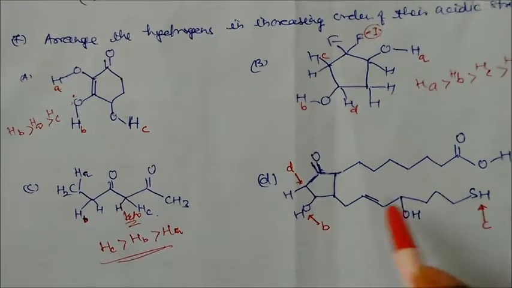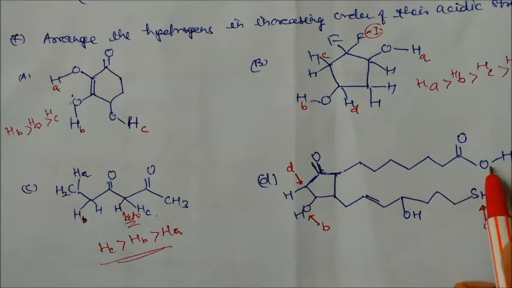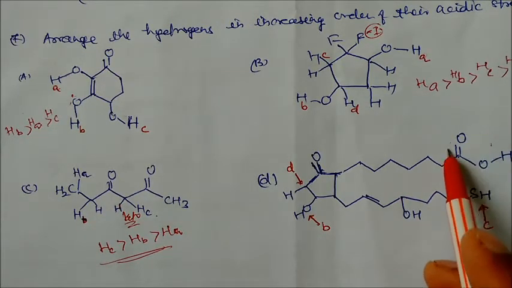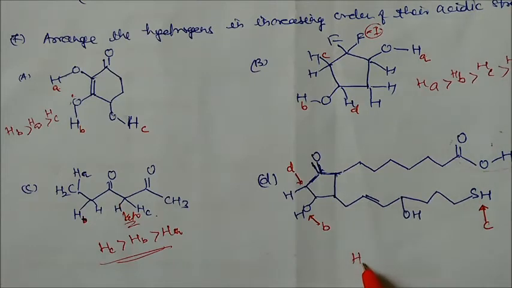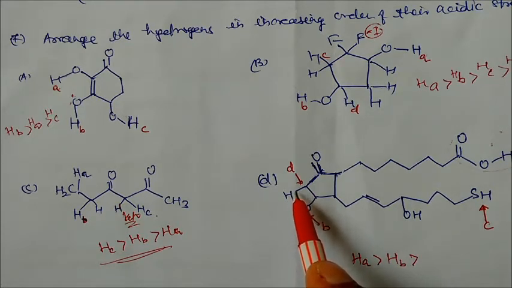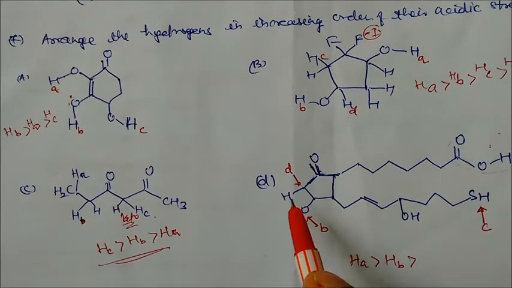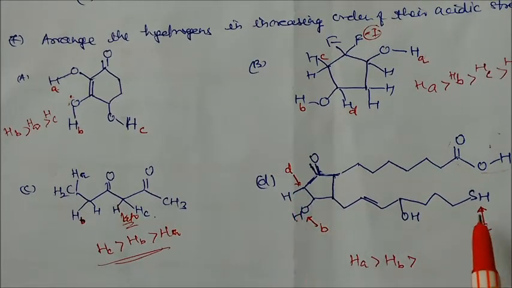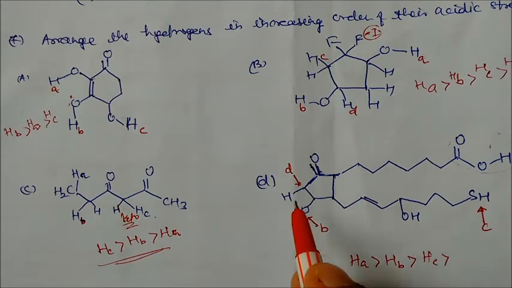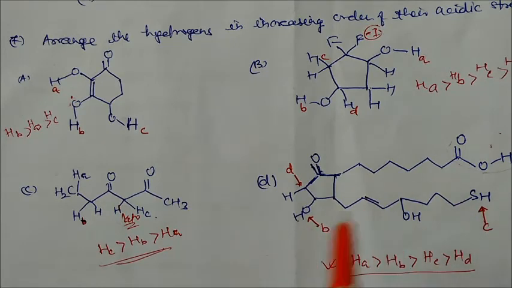Now in this case, A, B, C, D. If you see here, A is present in the carboxylic group, so this will definitely be more acidic. Then come to here, this is hydrogen attached with the oxygen, so this will be second most acidic. Then you can see here this hydrogen can be removed. Again, here to have C, which will be more acidic? This will be near to the sulfur, so this will be more acidic, then followed by HD. This is the acidic order of this whole molecule.